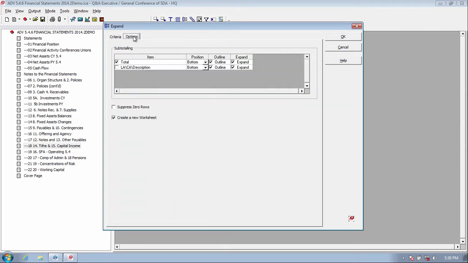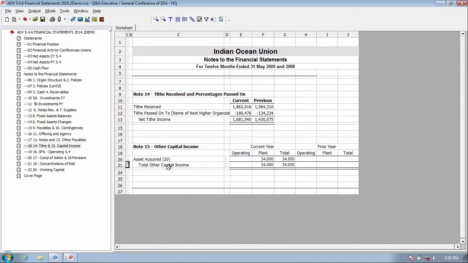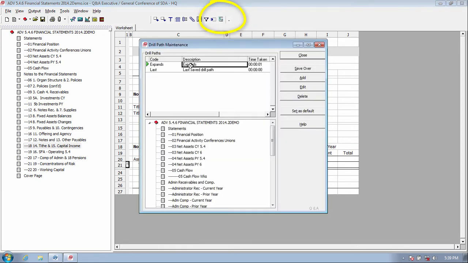Let me just get that one done. So it's just one account making that up. And then that's all. All right, now I think I have my expands right. So I'm going to come up here to drill path maintenance, expand, save over,